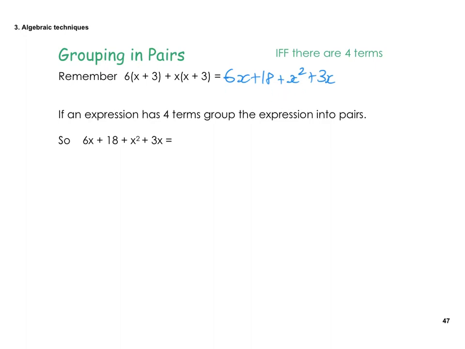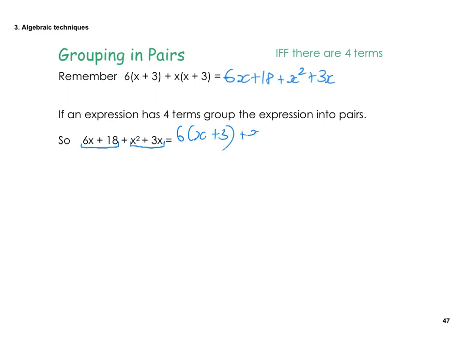So the reverse is also true. We can actually factorize to go back to this. We can think of each of the 4 things as 2 separate pairs, 1 pair here and 1 pair there. Think of it as 2 mini sub-questions. Factorize each one separately and then combine your answers together. So first one, 6x plus 18. My common factor is 6, so 6 times x plus 3